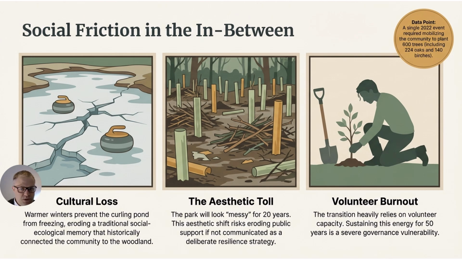The curling pond, which is a social space for a lot of the people to come to. And we've spoken about climate change, and one of the things is that the curling pond is not freezing up like it used to. So it's also reducing the attraction of people actually going to the park. And it's a strong historical memory that goes along with this curling pond that potentially could be a loss. And then we've also looked at things like volunteer burnout. This is a vulnerability where it's maybe struggled to motivate people to actually come in and support and assist with tree planting, and there's probably a lot of work that needs to be done.